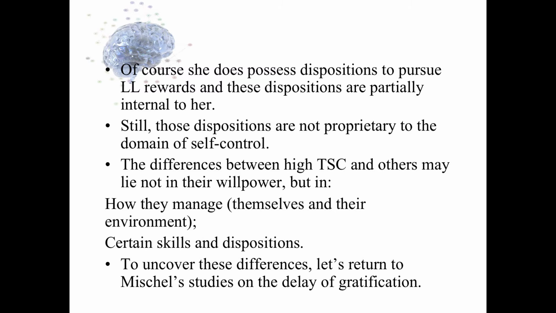I think trait self-control individuals are in the business of bringing it about that they exercise self-control pretty indirectly. Further, I think they're bringing it about using mechanisms, skills, processes, dispositions which are not proprietary to the domain of self-control, but are more domain general than that. How you manage your environment is domain general. It's a set of skills which are not specific to self-control. But I think they're also using other skills and dispositions, and I'm going to turn to them now too. I think they're also not specific to the domain of self-control. To uncover them,